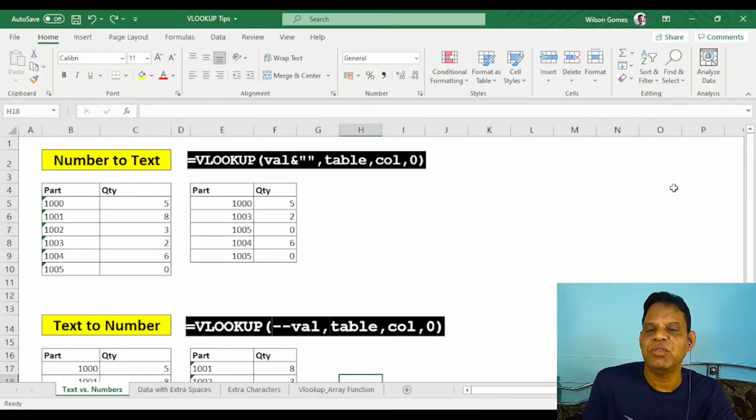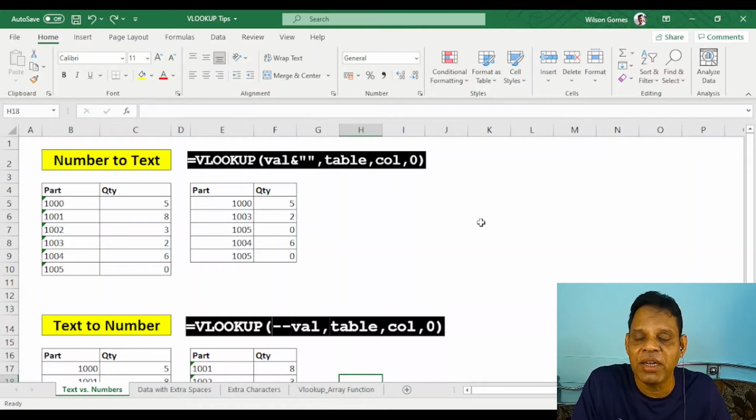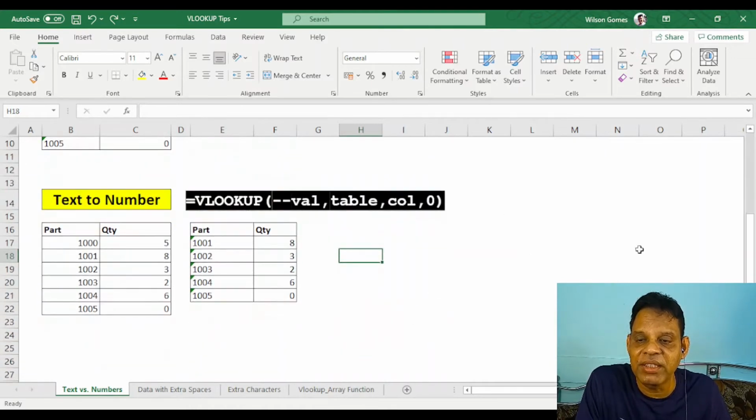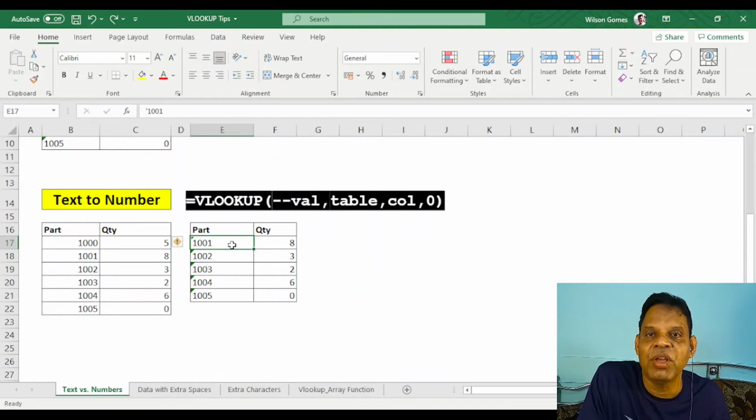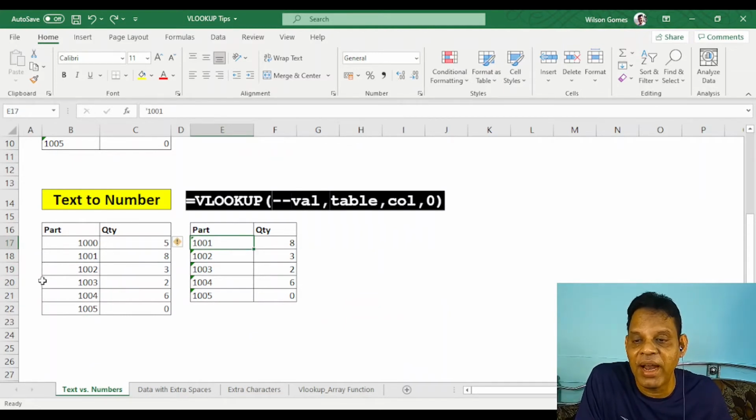Now we have understood the case where the base data is having a text format and the table in which we are looking for the value is having number format. But in this case, the table which I am looking for the value is having text format instead of number, and the base data is having a number format.